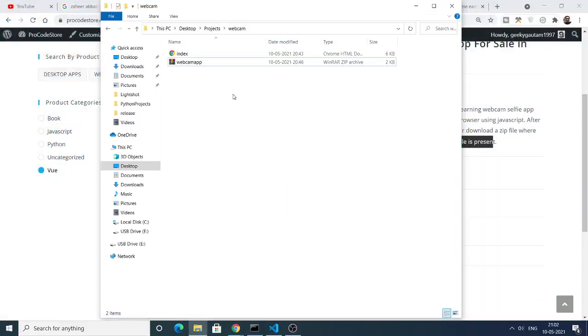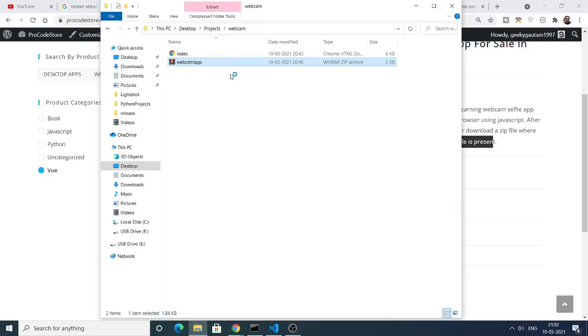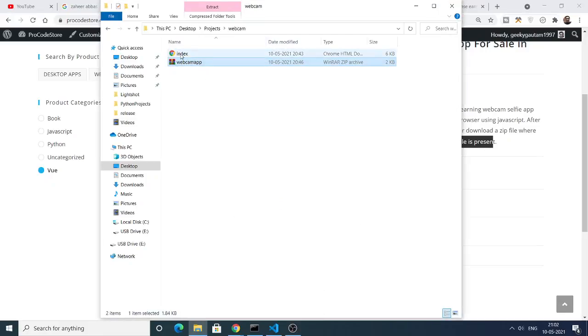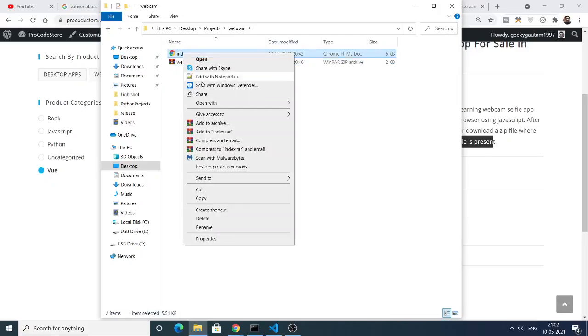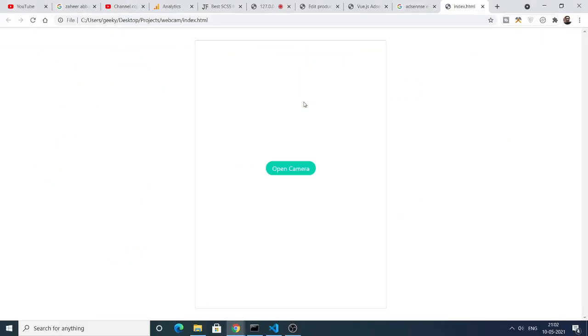After you make the payment, you will receive this zip file. When you extract this zip file, just click extract here, only a single index.html file will be there. You can open this file with the Chrome browser. So the deployment is very easy.